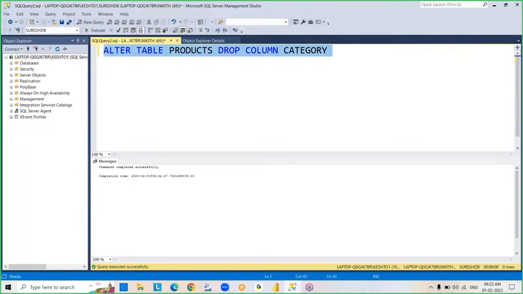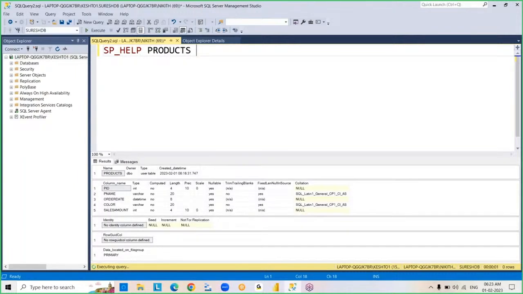So alter drop. By using the alter drop command, we dropped a column from the table. If you have any doubts, use sp_help products. See this, there is no category column existing in the table. Okay, now